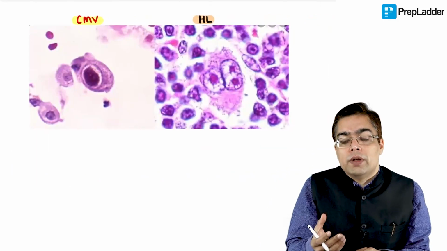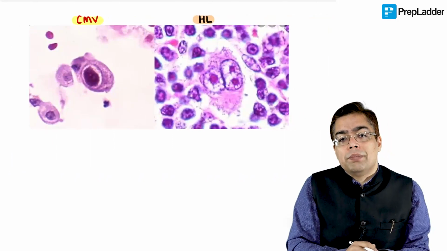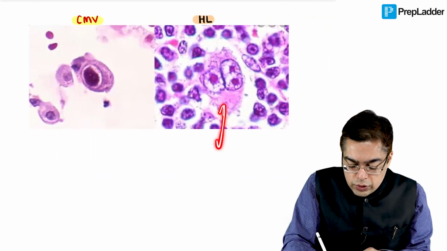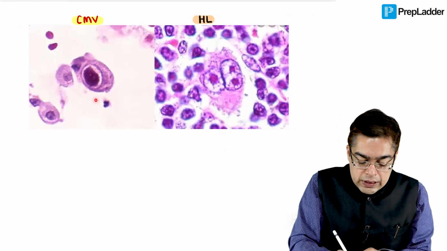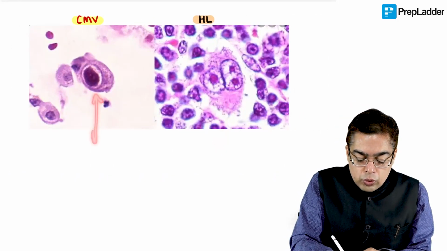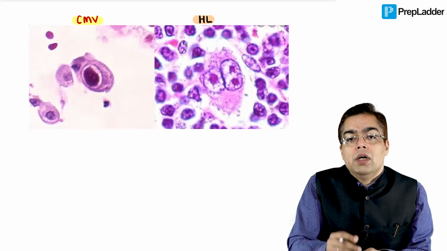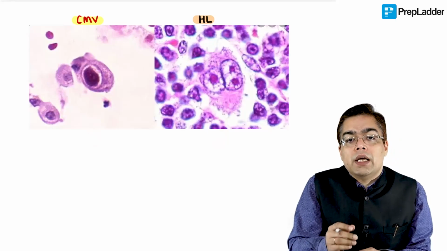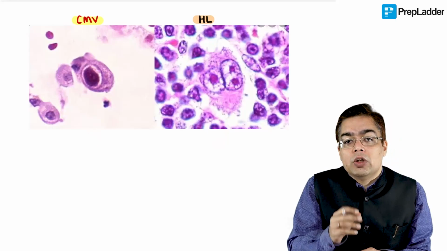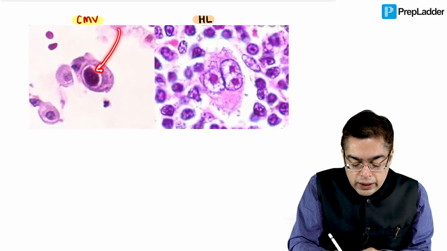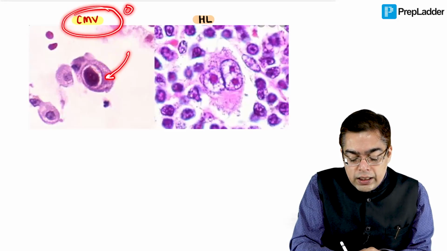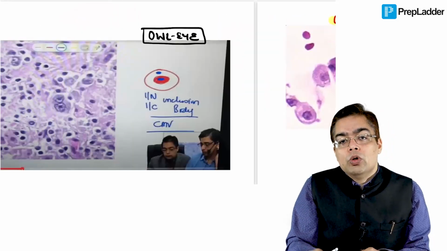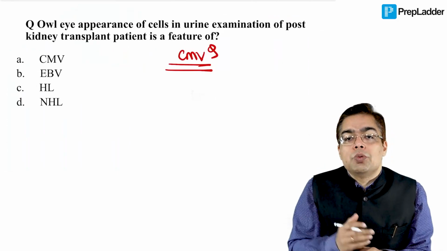But for a future exam question, this is what I want you to keep in mind, that in case of Reed-Sternberg cell, you are just going to be having the presence of an owl eye appearance. In case of CMV, you have an owl eye appearance, but then you're also going to be having the presence of a deeply basophilic as well as location of the intraviral inclusions, both at the level of the nucleoli and nucleus as well as at the level of the cytosol. So this is what is going to be classically in a patient with a history of immunosuppression would help you to distinguish between that fact.